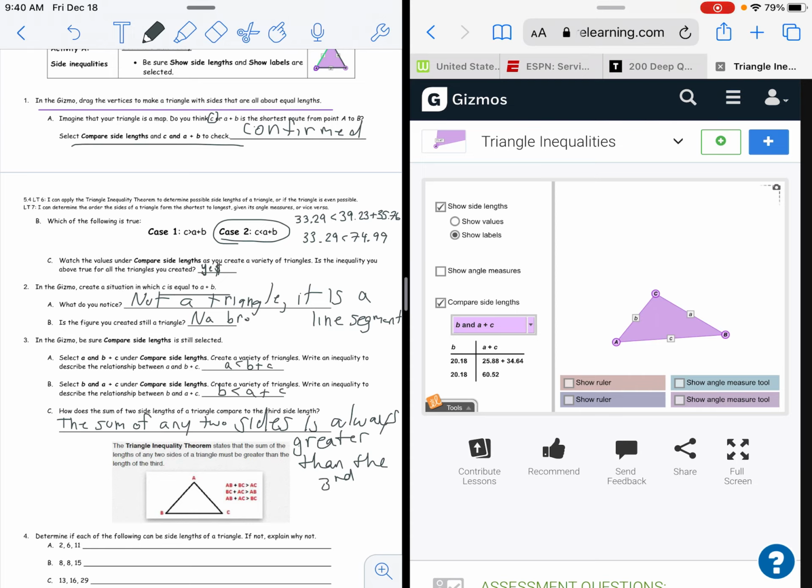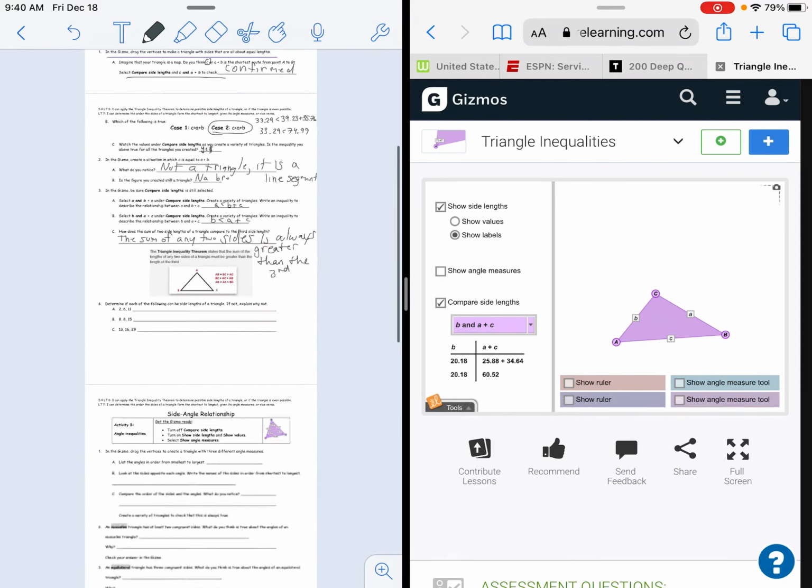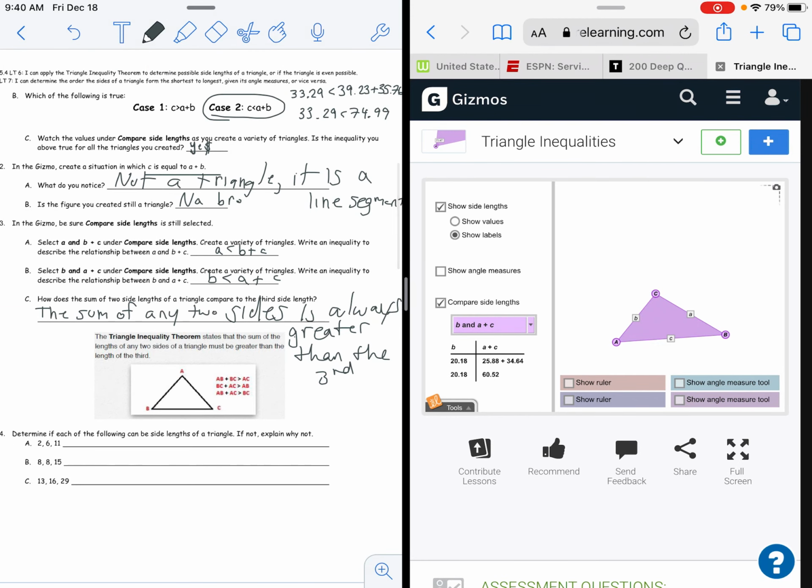The sum of any two side lengths is always greater than the third. It doesn't matter which two sides you pick, it has to be bigger than the third side. All right, we're going to talk about this formally and do some problems in the next